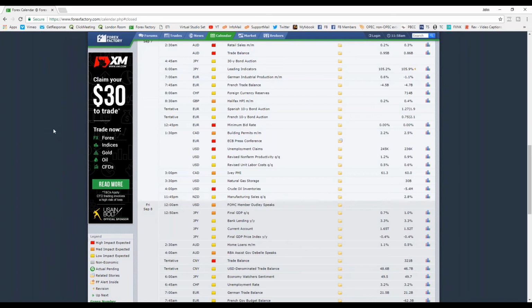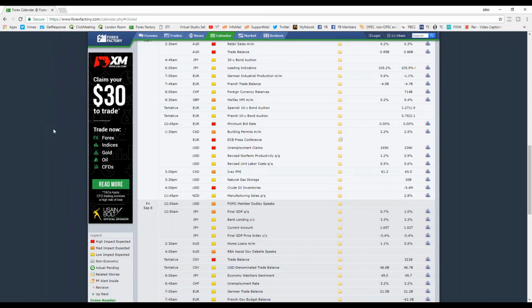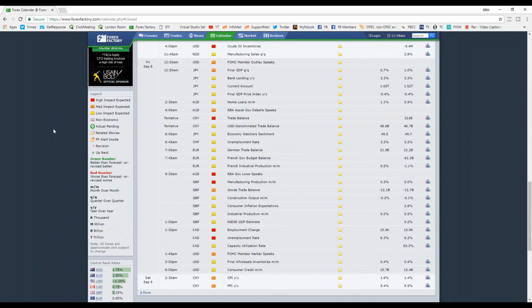And if we scroll down now to Friday, finishing the week, you can see we have Chinese trade balance. Now, we know from previous sessions that Chinese data usually affects